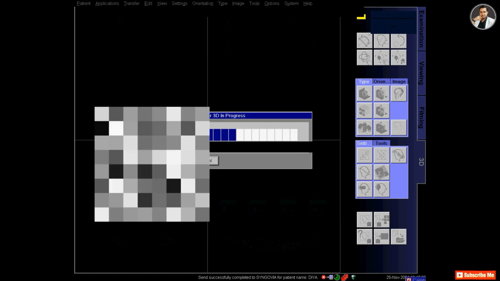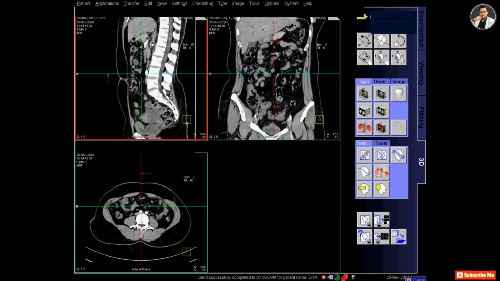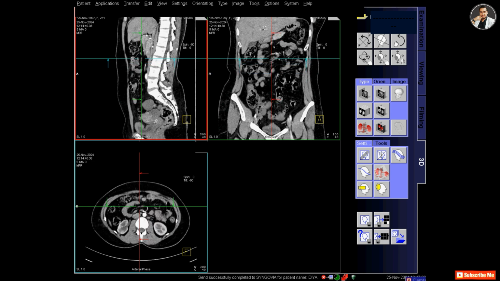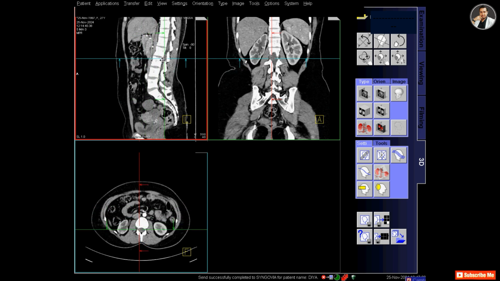Now I have to select the arterial phase 1 millimeter slice thickness and take it to the 3D app.